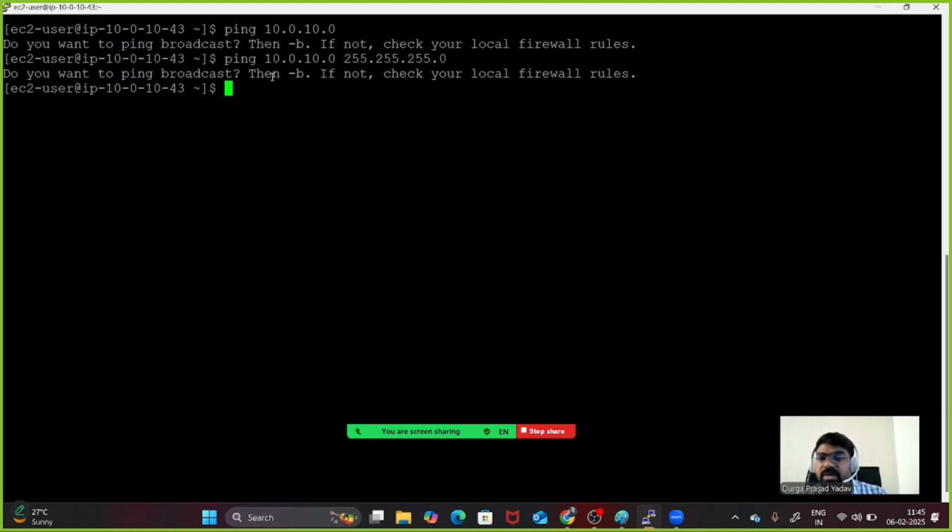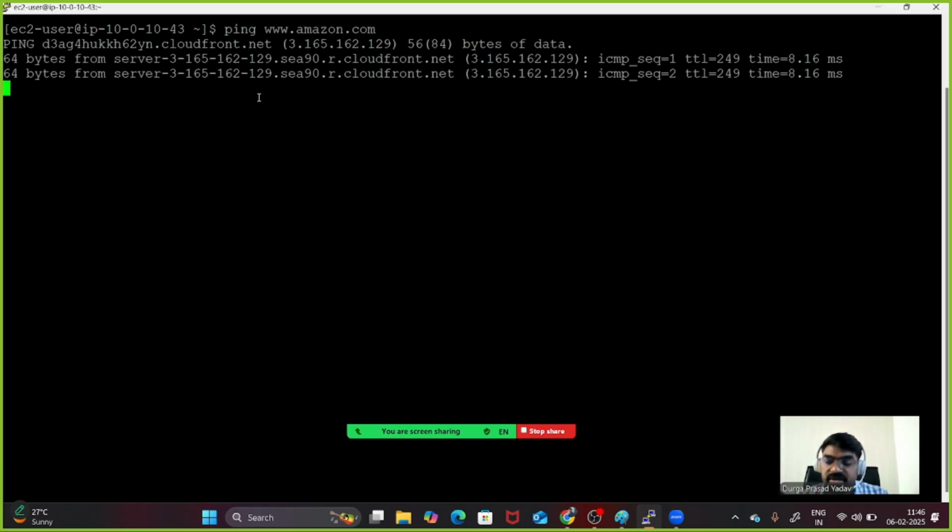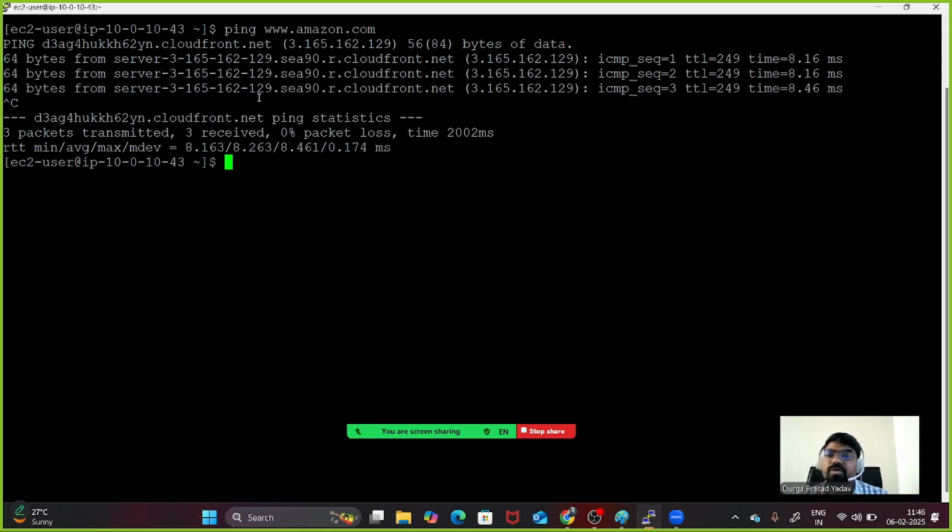For network, I'll show you with each flag or each option. So for normal pinging, you can use ping, and you can use any website, let's say www.amazon.com. So you can check whether Amazon is working or not. Like that we can check. If it is reachable, it means the IP is responding. If it is not reachable, it means that IP is not responding. For example,